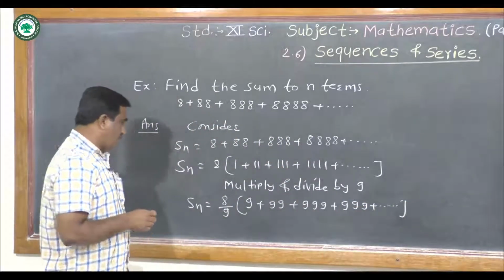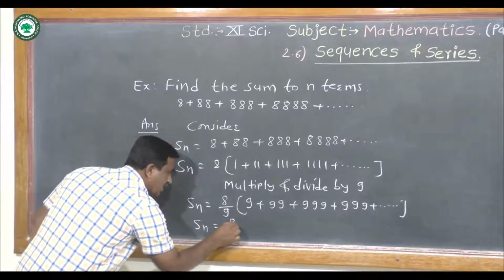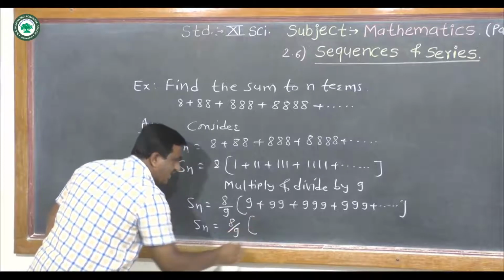Now we can write Sn is equal to 8 upon 9 into, in bracket,